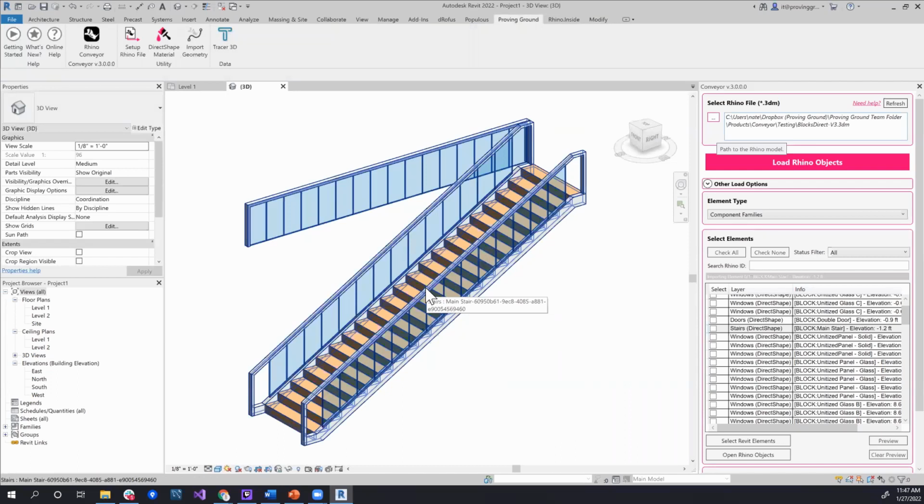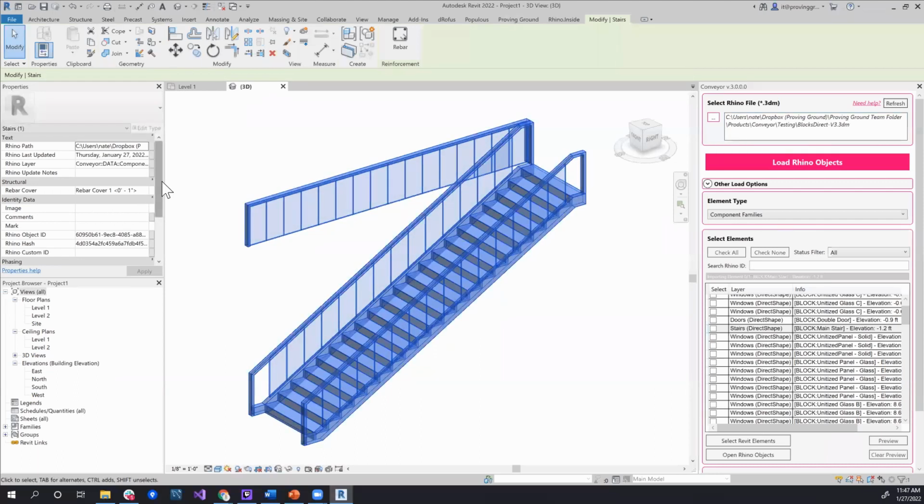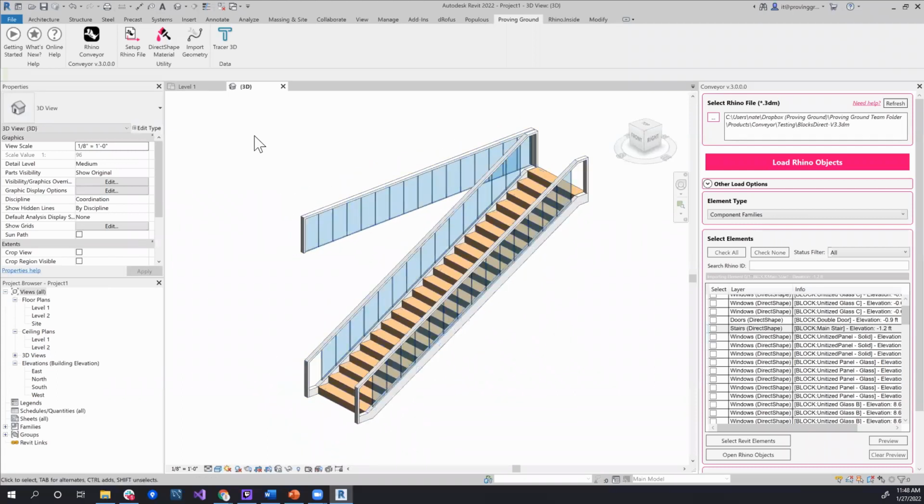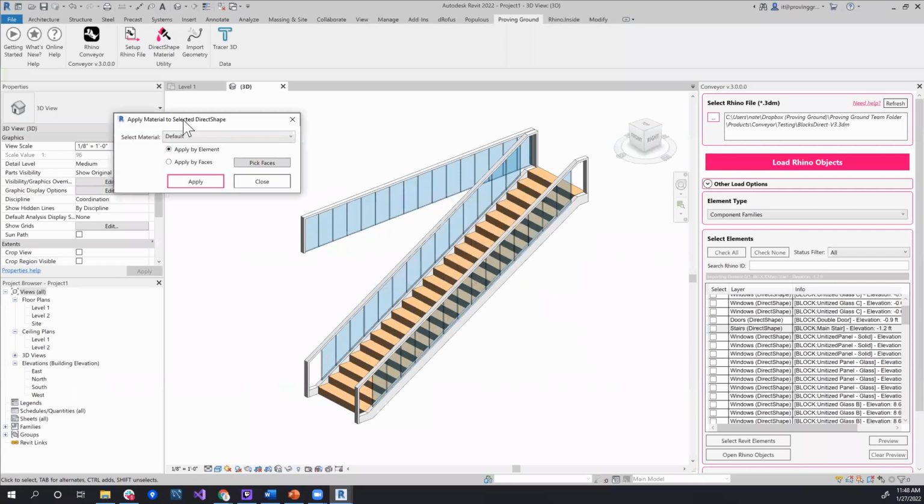And as I indicated before, one of the challenges with DirectShapes is that if I click on this direct shape, there's no exposure to any of the material properties on this object. And while it can serve to support a visualization using the materials that were assigned, I can slice it and include it in documentation. A user may want to override materials at some point. Maybe they want to change the materials of this guardrail so it renders in Revit differently, or displays in some different contexts. And so that's where this direct shape material utility comes in that we've designed for Conveyor. It allows us to do both wholesale applications of a material to a direct shape,